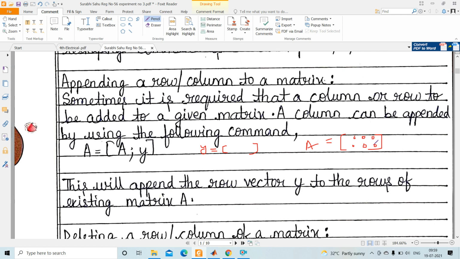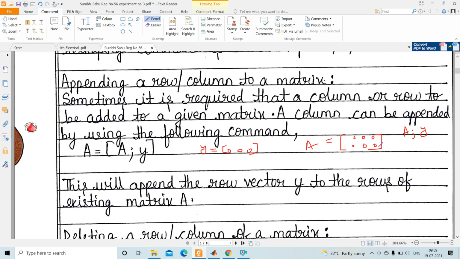Its rows are 2 and columns are 3. So these two should have the same number of columns, then only Y can be appended with A. If I write A semicolon Y, then this Y vector is added just down here.